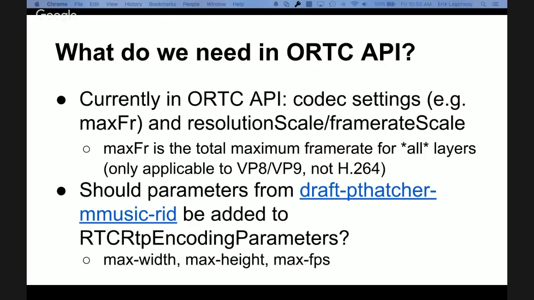Can I just ask why you're not a fan so that we are all on the same page? Because the application already has control over exactly what width and height they're going into the encoder in the first place. You mean just the resolutions, just the stuff in the constraints? Yeah, it's in control of the track that's feeding the frames into the RTC.